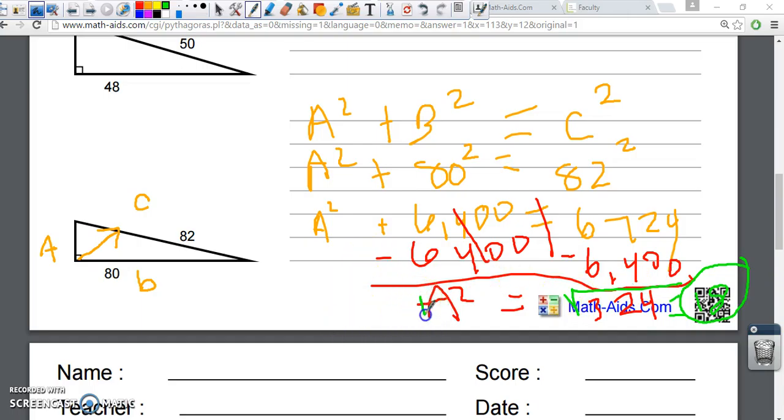How do I know? Plug in 18 for A, 18 squared. If you put 18 squared in your calculator, you'll get 324. And that's exactly what we started with. Okay? So this video concludes what to do when leg A is missing. Next video will show you what to do when leg